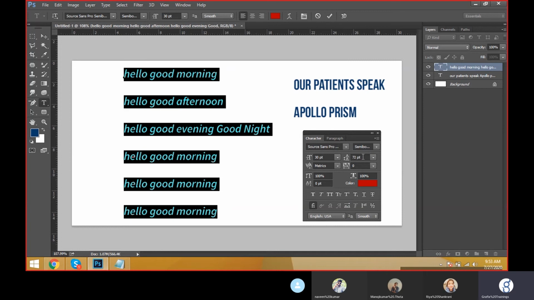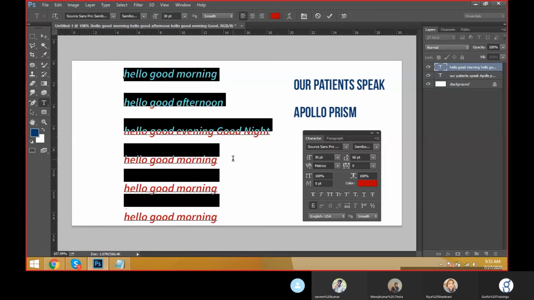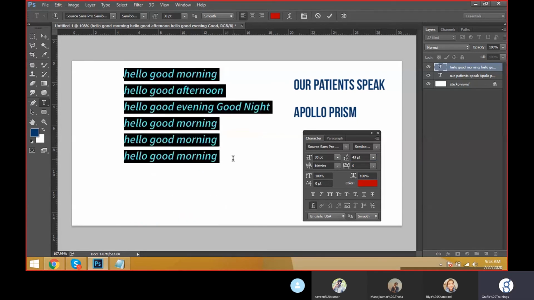And the shortcut we have, friends: select the text, Alt down arrow, up arrow. Alt down arrow and up arrow.